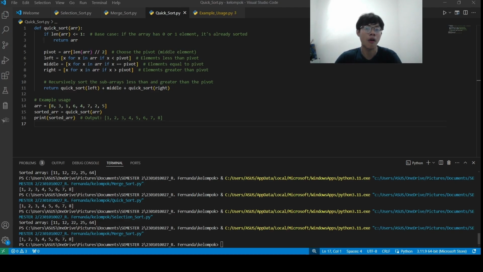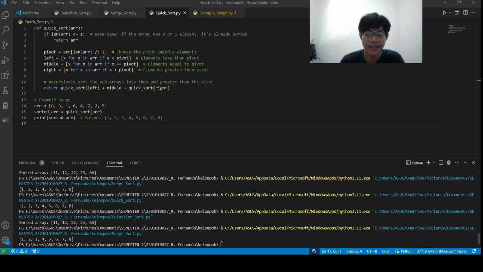Now that you know how quick sort works, here is an example of the code. As you can see here, 1 is the quick sort function. This function takes a list and sorts it using the quick sort algorithm. 2 is the base case. If the list has one or no elements, it's already sorted. 3 is to choose the pivot.